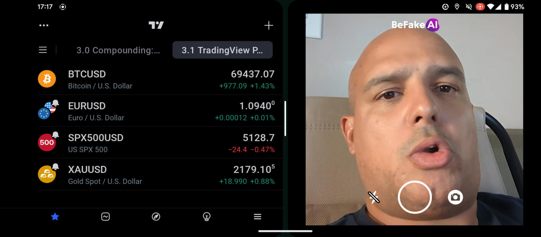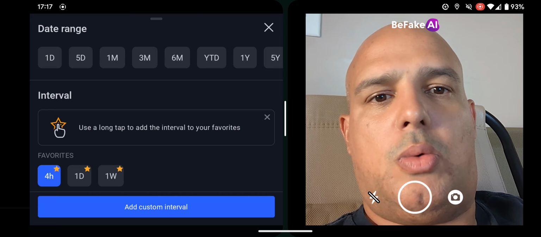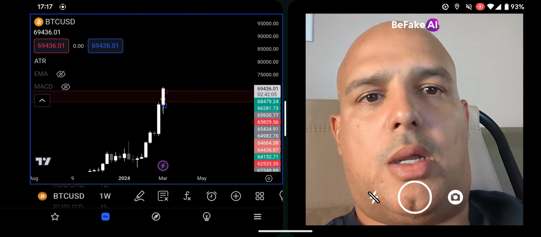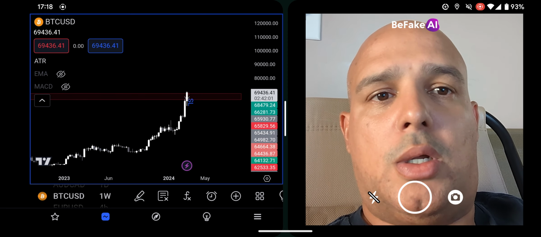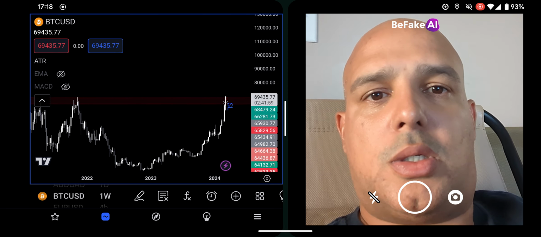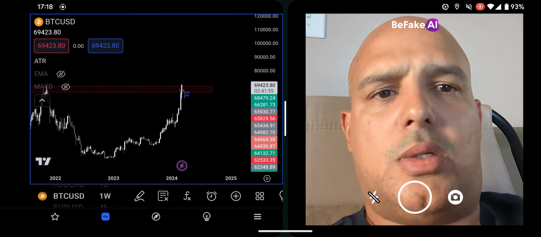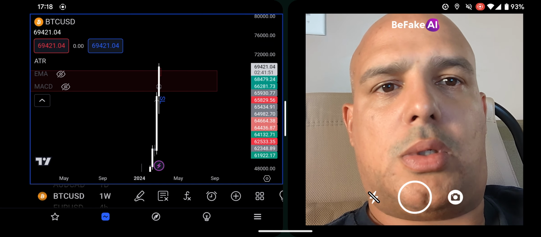So just going to go to the weekly. I'm going to open up each chart, come here to the weekly, take a look at what that looks like. So looks like we've been bullish for quite some time, going all the way up into this area where we haven't been for quite some time. And so it's like, what is my current plan? Well, it looks like,